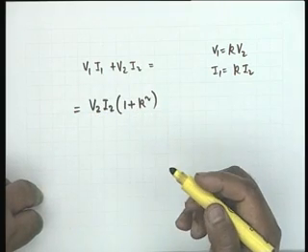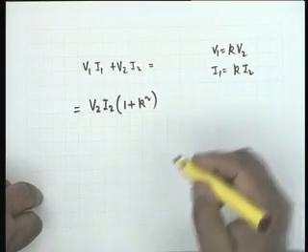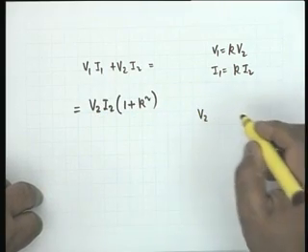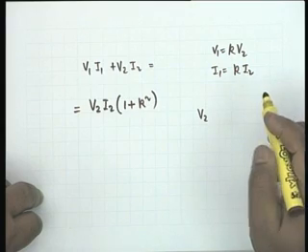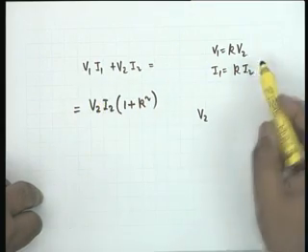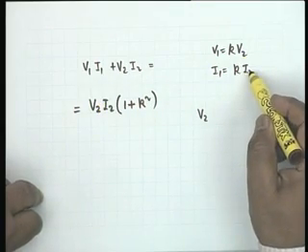Agreed? Also, V1 I1 is K V2 multiplied by K I2. So K,